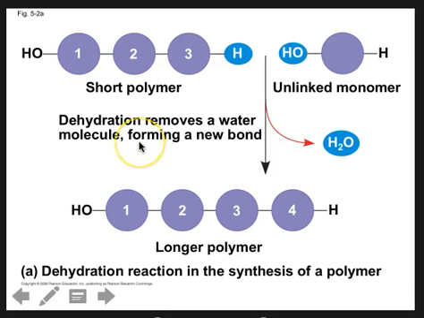So this is an example of a dehydration reaction where I have this short polymer and I have another short, this one's a monomer. It could have been a polymer, but in this image it's a monomer. And what I'm going to do is the hydrogen off of this short polymer and the hydroxide off of this short polymer are actually going to get pulled out. We're going to form water, and we're actually going to form a bond between this monomer here and the number 3 of the original polymer, and I'm going to get this longer polymer right here. So remember,